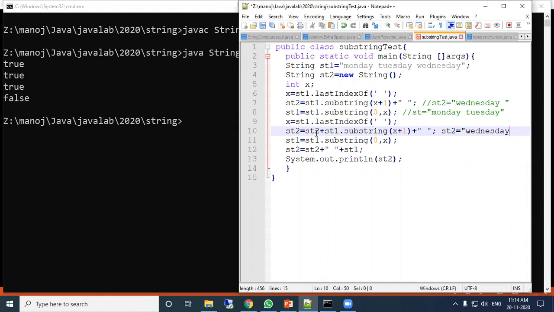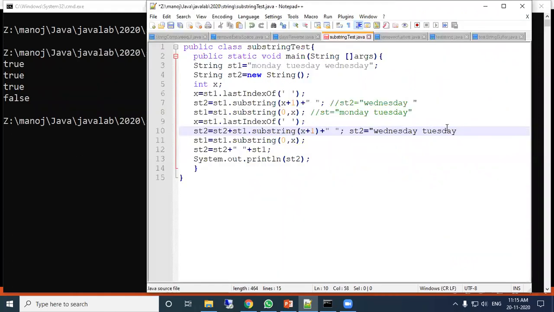Previously Wednesday was there, and now ST2 plus ST1 x plus 1 till the end. Previously Wednesday with a space was there, and now it will store this Tuesday, then again there is a space.